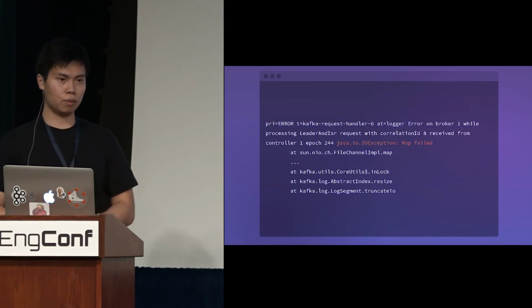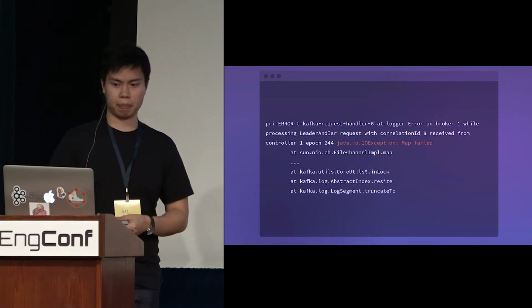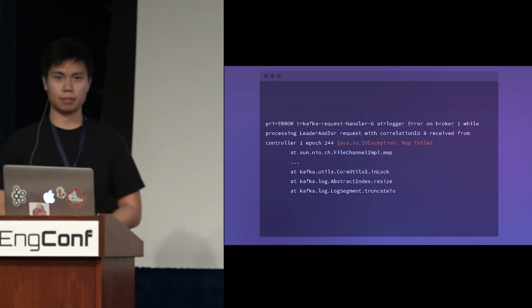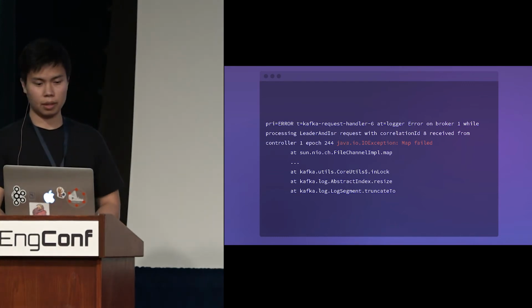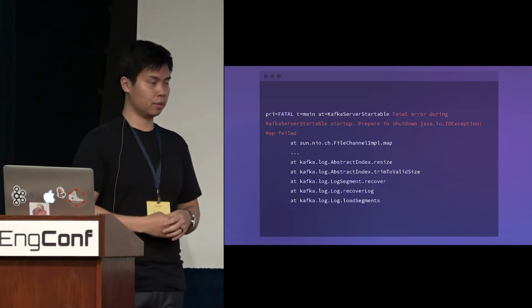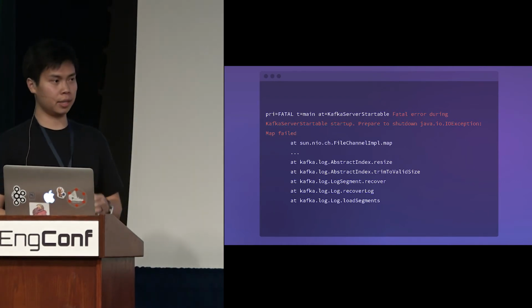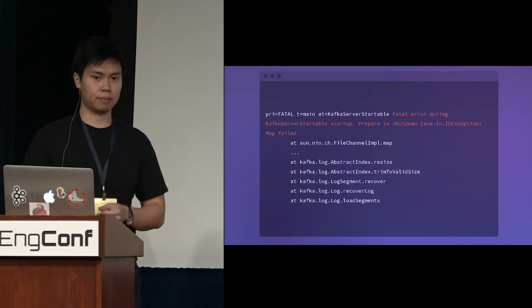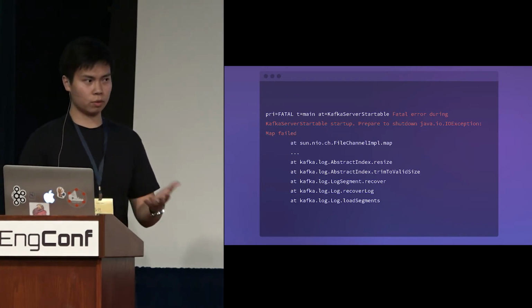In a request handler, when broadcasting metadata: IO exception, map failed. And lastly, in a Kafka server starter thread: fatal error during startup, prepare to shut down, another IO exception, map failed. It was all over the place.